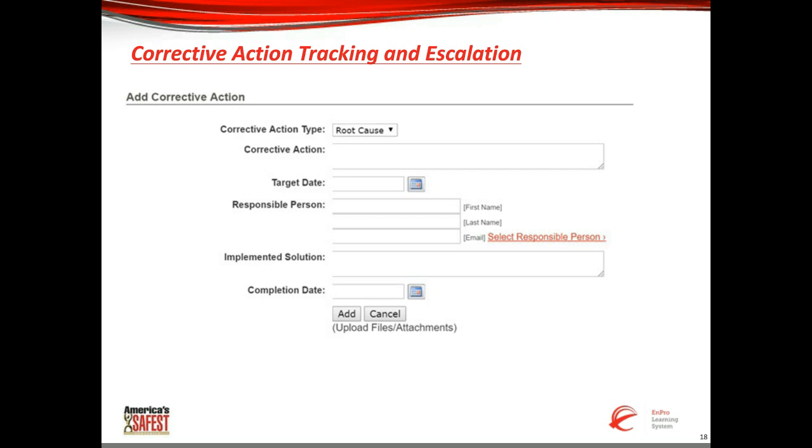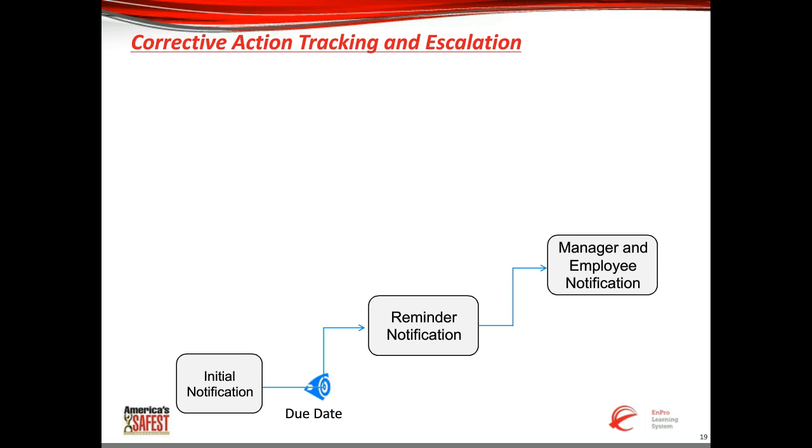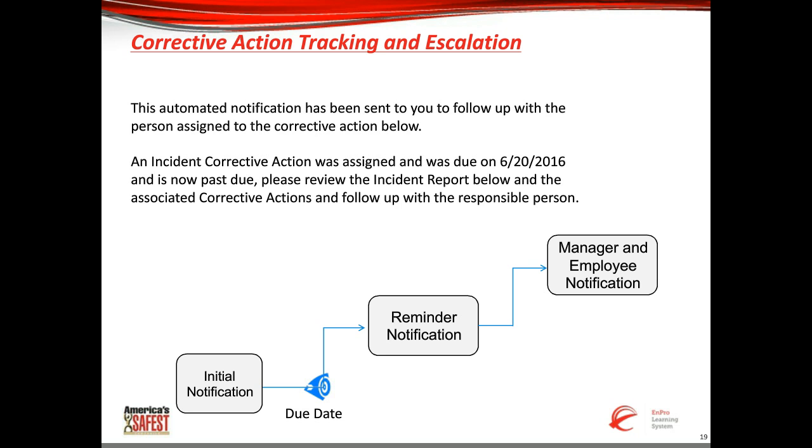And after it's been assigned with a due date, the system really helps drive completions through an escalation process. So what will happen is that if you've been assigned a corrective action and it hasn't been completed by the due date, you're going to get a reminder when that due date has come, as well as up to a period of time afterwards, up to a week. You can have another reminder notification sent out. If after that week it still isn't done, now the next level of reminder can go out, not only emailing me as a responsible party, but it also can send a copy of that email to my manager.